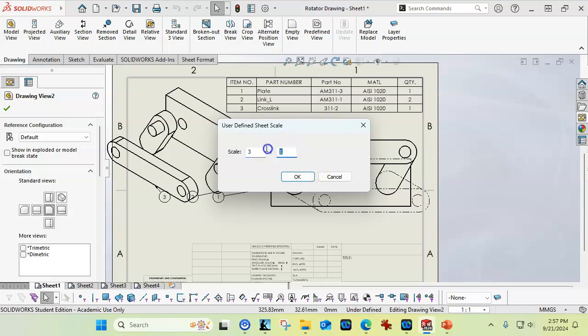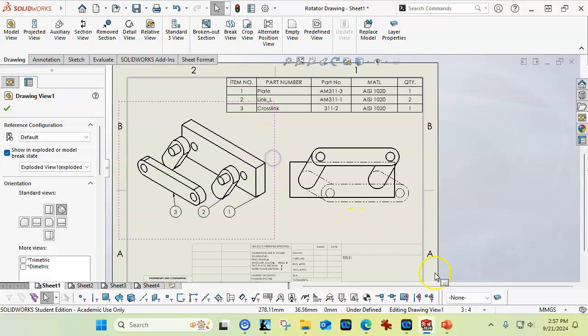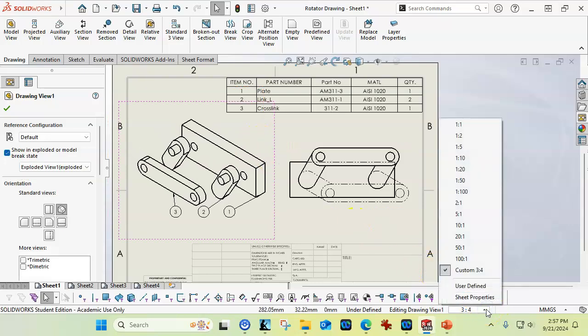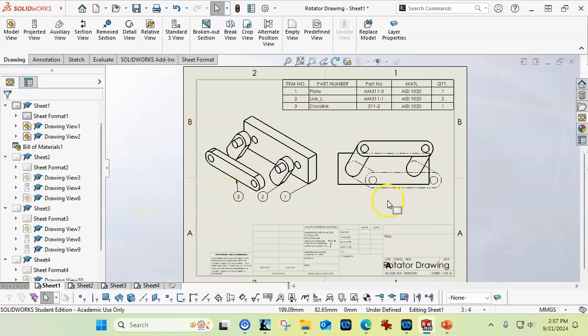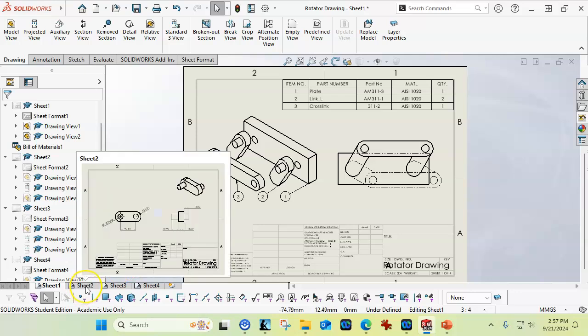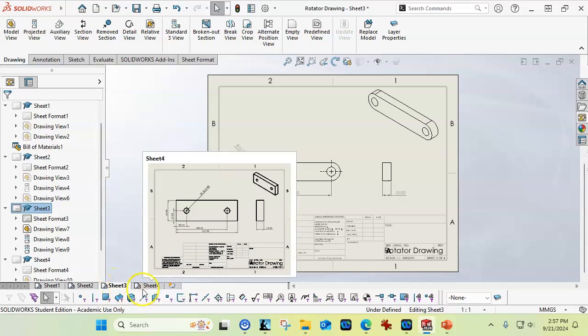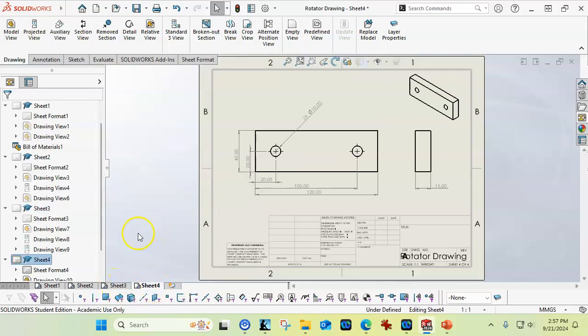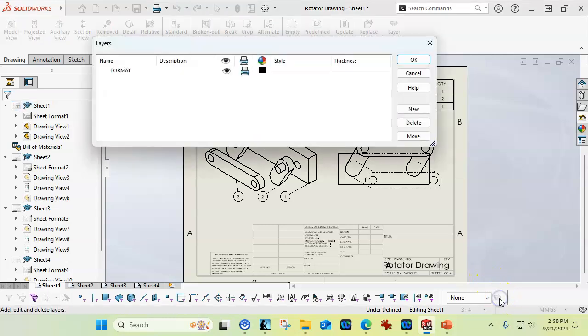So if I go to user defined, I can do a 3/4 scale. In my opinion, there's nothing that says it has to be one of the items on a list. Otherwise, they wouldn't have given us user defined and said, "Hey, make it what will look good." All right, so that kind of takes care of the immediate items. So one thing that we can do to make this a little more presentable is if I go